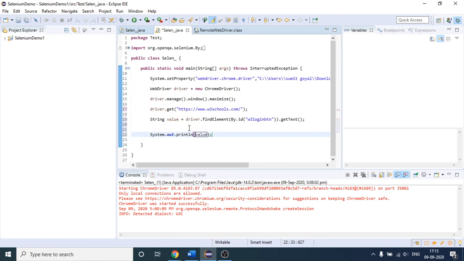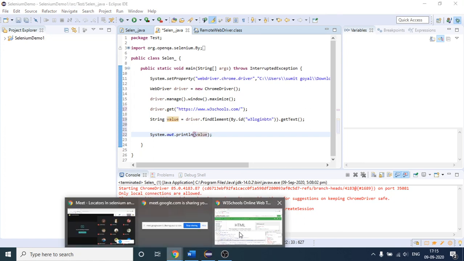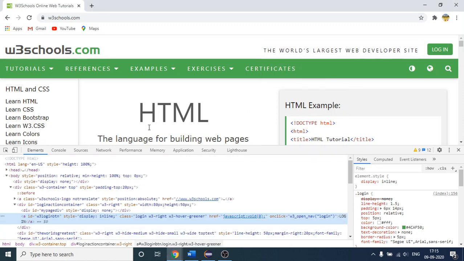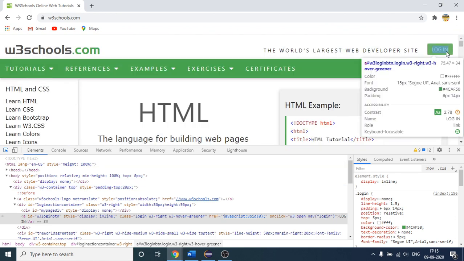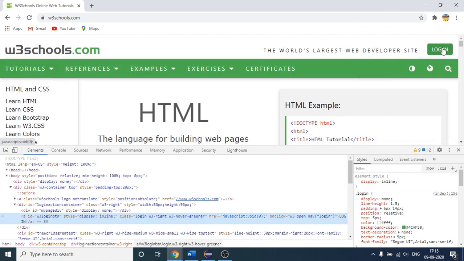Again, I am explaining the purpose of doing this. First of all, I clicked on this and came to this button so that I can see what coding they have done for it. You will find this is the HTML code they have written. ID is one of our attributes, style is one of our attributes, class is an attribute, and likewise there are so many attributes. As we are comfortable with ID as of now, I am dealing with ID. This is the value of my ID attribute, so I have copied it.